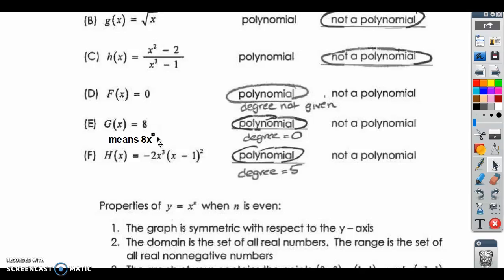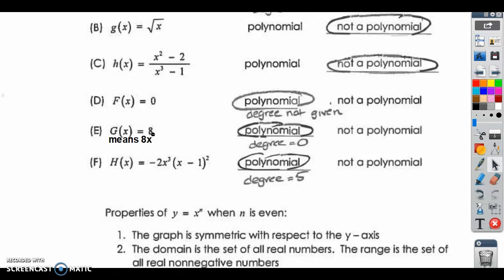But take a look at E. Just the number 8. That just means x to the 0 power. So that's a polynomial and the degree is 0. For F, it's a polynomial, but the degree is actually 5 because if you were to rewrite this,